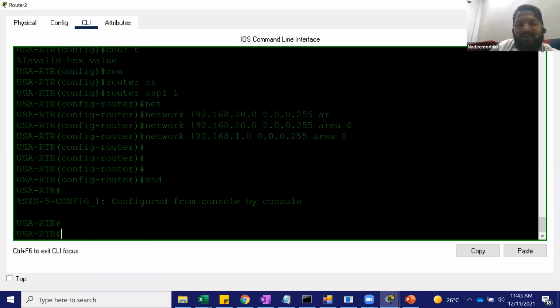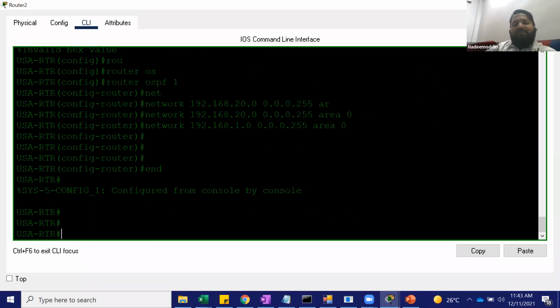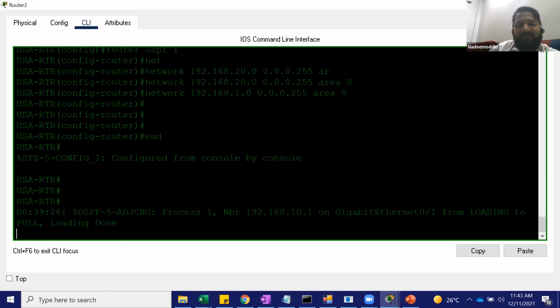The moment I've done this, just wait here, you will see one message on the screen. We wait for 6 to 8 seconds. So suddenly the OSPF process came up, and it formed a new neighborship.